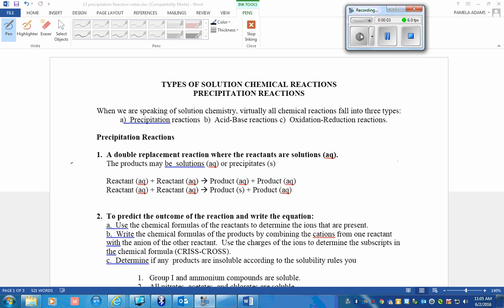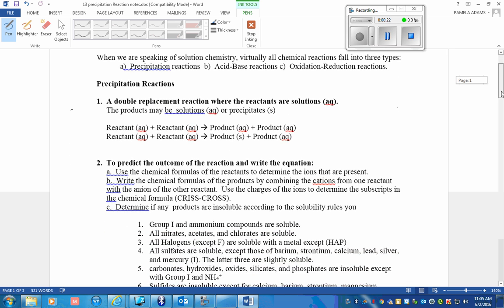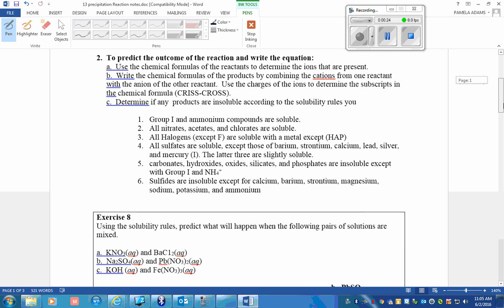Going to talk about precipitation reactions, when you take two solutions, mix them together, and a new solid is formed. So you start out with two reactants that are aqueous, and you end up with either two products that are aqueous or a product that is a solid and one that is aqueous. In order to figure out what's solid and what is aqueous, you have to have some idea of the solubility